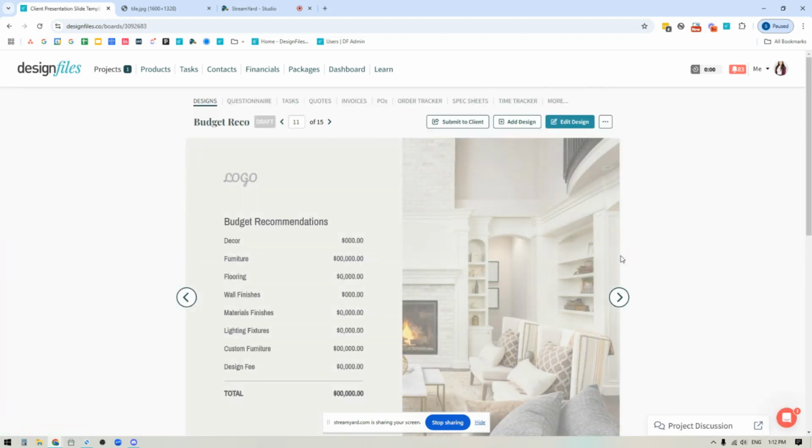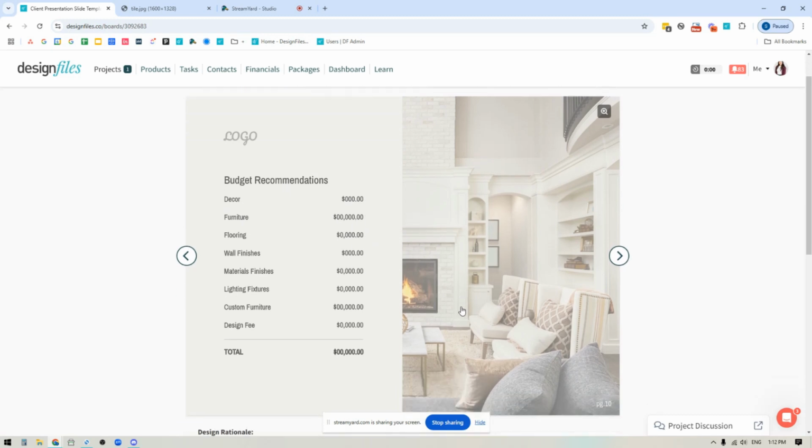And then I would probably close out the presentation with the budget recommendations. So we've gone ahead, we've presented an overall design and direction for this space. Your client's going to want to get a sense for, okay, what is this really going to cost me? So including a slide for your budget recommendations and how you recommend breaking down how much is going to be spent on decor and furniture, just estimates, can help you